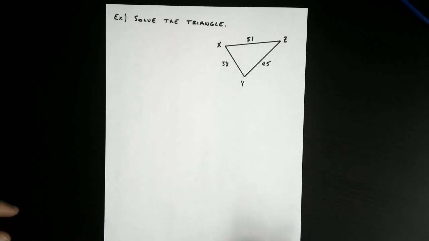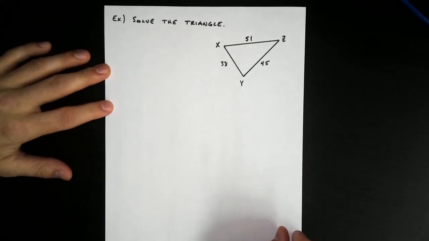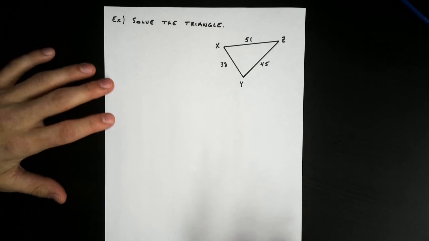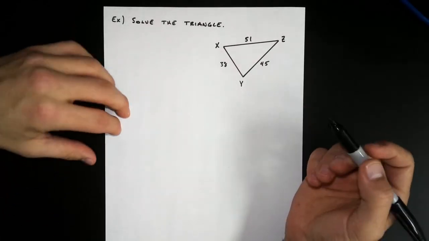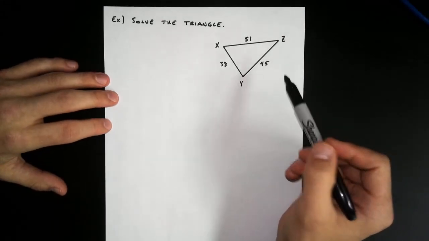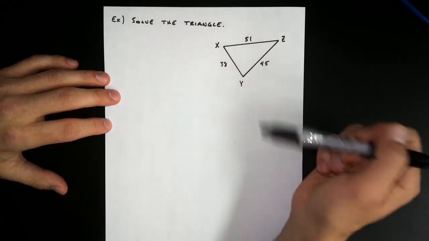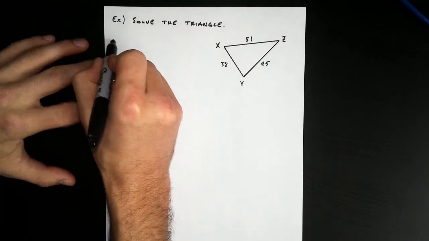Hello everyone. I'm going to do an example of using the law of cosines to solve a triangle when all three sides are given. So I know all three sides of this triangle, so this is that side, side, side situation. So I can use the law of cosines as a way to start, and I can find one of our missing angles. So if I jot down the law of cosines again,